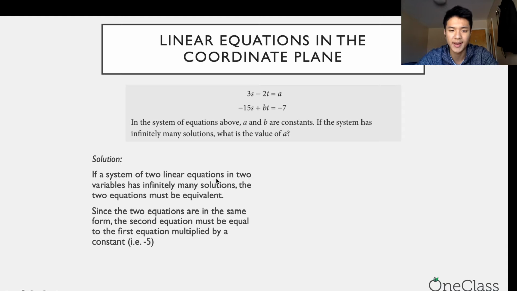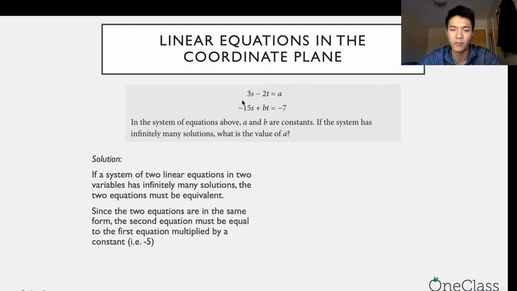They must be equivalent. And so we know that we have these two equations in the system in roughly the same form, right? It's a constant times s plus a constant times t equals a constant. And that's the equation that both the first and the second equation follow. And we say, okay, if we get both these terms to be equal to each other, then we know that the constants must be equal to each other as well. So for us, the most apparent thing is if we multiply the top equation by -5,